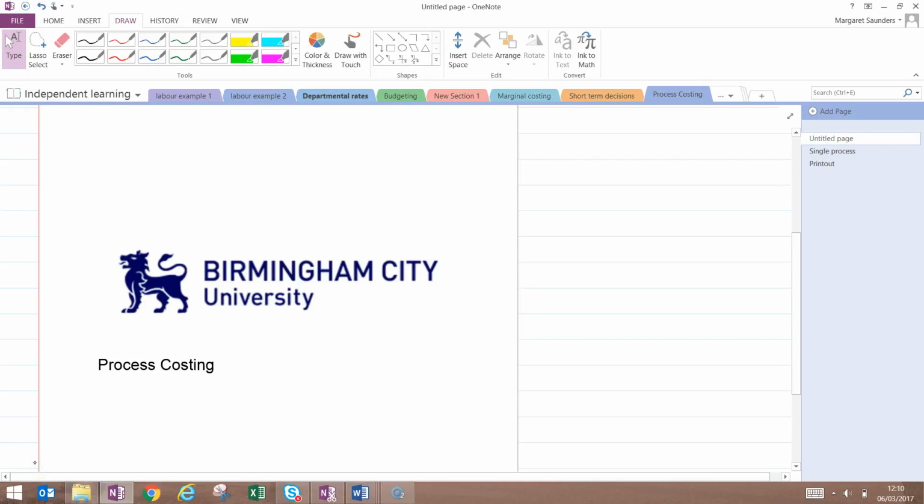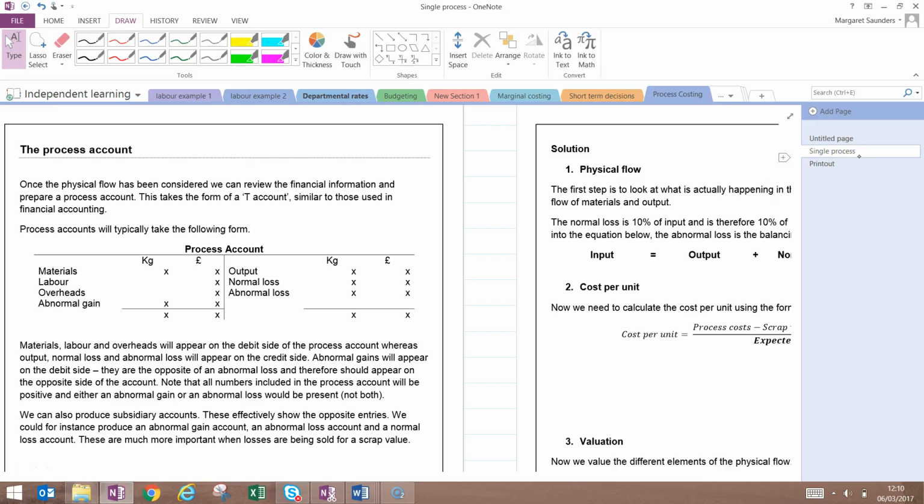This is Process Costing Part 2, where we will look at how to record the costs incurred in process costing within T accounts and to calculate the cost per unit. So here we have an example of a T account. On the debit side of the T account,